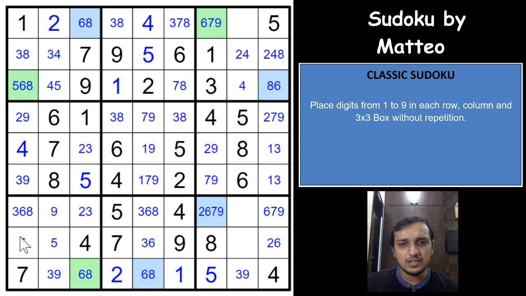So either way, either the green cells or the blue cells will have a 6, right? There is no way possible that both of these sets won't have a 6. Either the green cell or the blue cell will have a 6, in this column, in this column, in this row, and in this row. And that's an excellent logic. That is what simple coloring means.